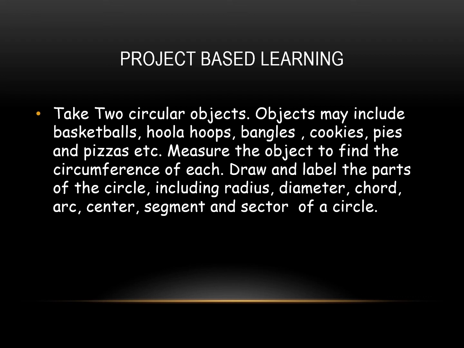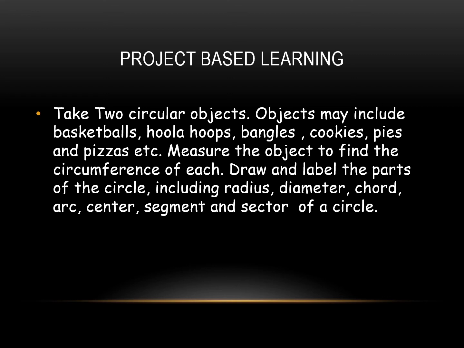So you can ask your mother to give you a string so that you can measure the circumference of it. If the object is big, like if it is a hula hoop, you may not find a string of that big. In that case, you can measure the diameter of the object. So it will be easier that you measure the diameter with the ruler or the string. Okay. Then multiply it with 3.14 to find the circumference. So you will find the circumference of two objects.